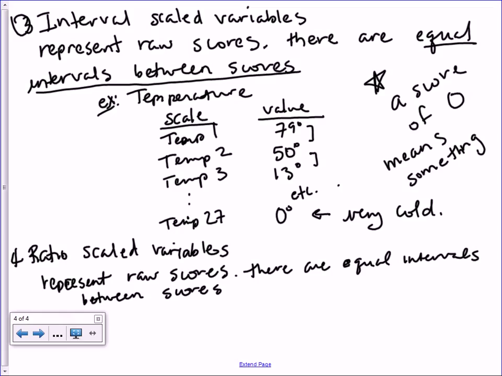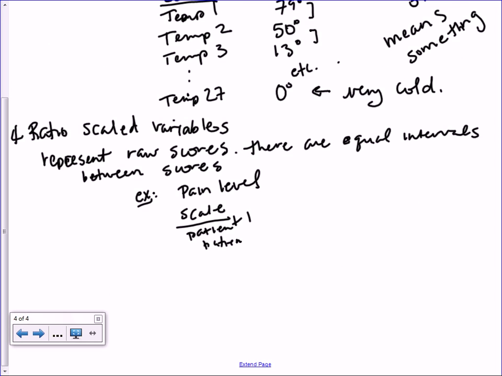But the real difference is, if we have an example here and we talk about pain level, and our scale is the patient, right? Patient 1, patient 2, patient 3, and etc. Well, if we ask in a medical situation what is your pain level,